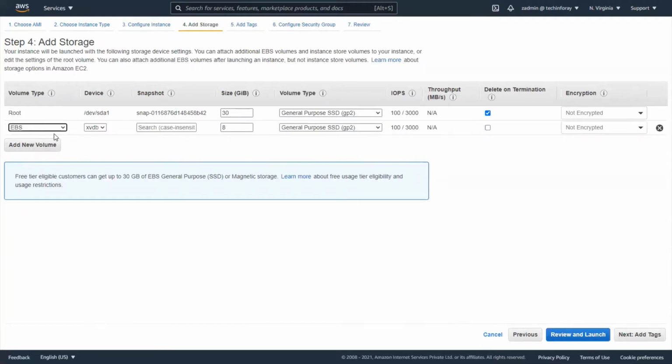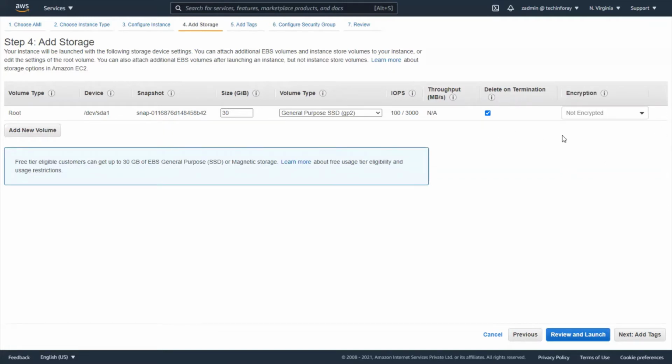Also, we can add new volumes also, EBS types, so we can add that as well. As per the requirement, we can mention the number of size, and if we require encryption or not, and check this option also, because when you are terminating this machine, this will be automatically terminated. But in case you are not checking this, then this volume will remain in the infrastructure and you will be charged for that. But don't forget to check this. So let's keep only one device. That's sufficient for our practical demonstration.